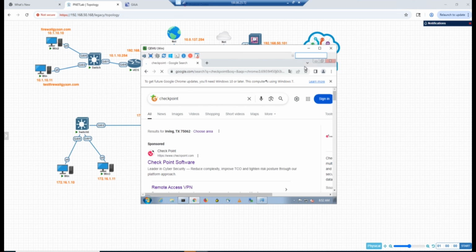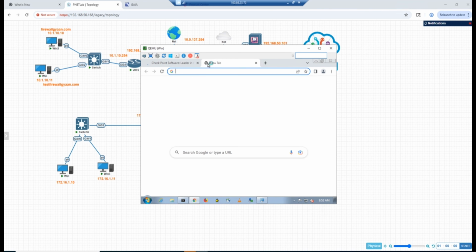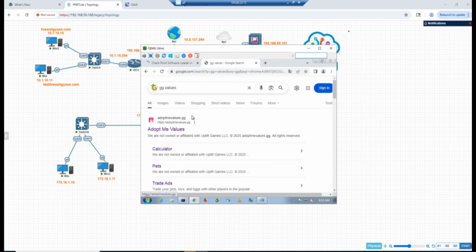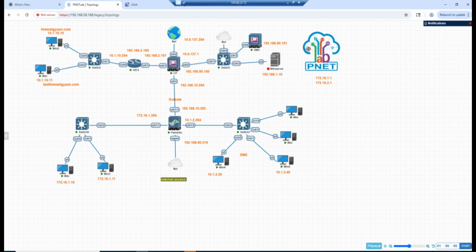So if I'm reaching the internet, which is cool, we can just type anything here. Okay, I can reach the internet. So this part looks good. So from the Check Point Firewall we reach the internet, and I need to have the HTTPS inspection certificate installed here somewhere. All right,